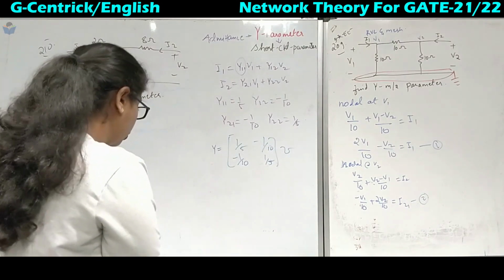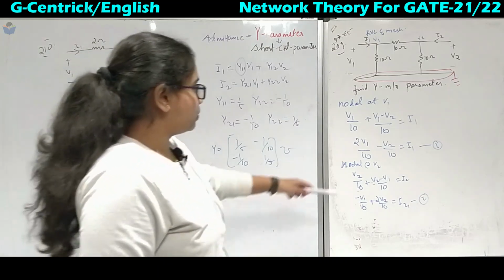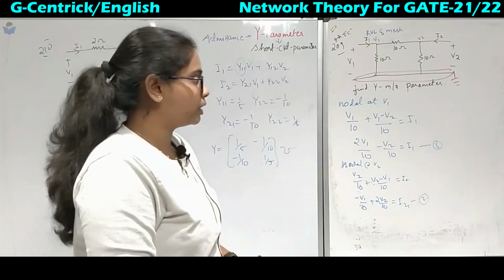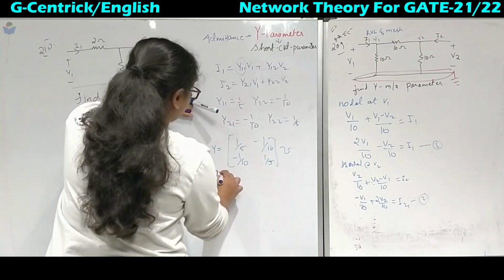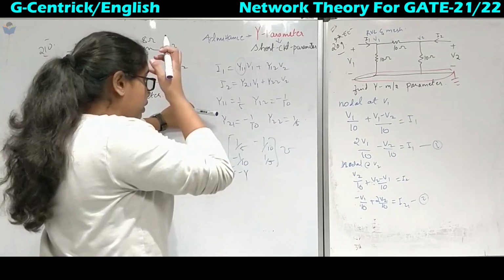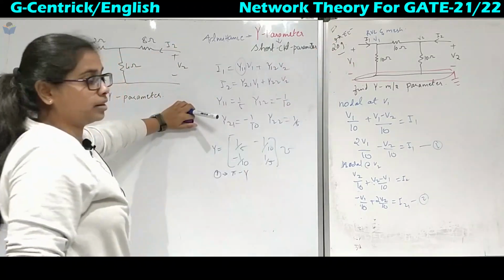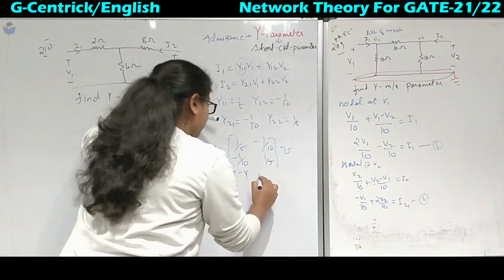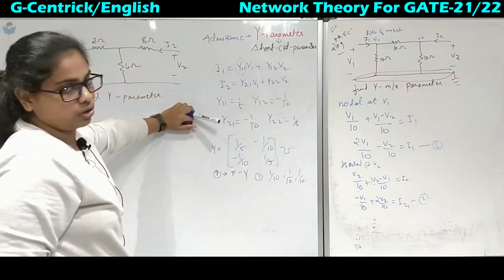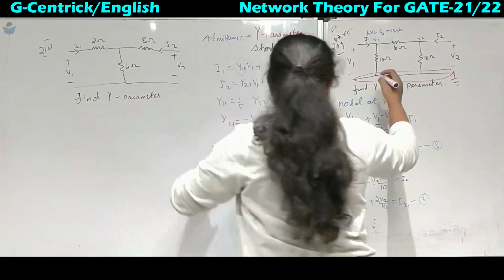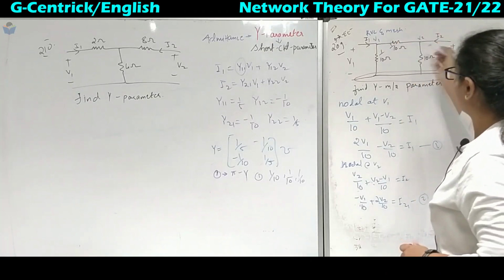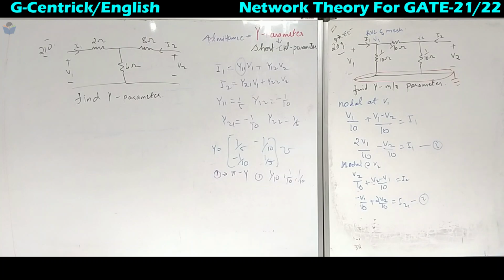So now coming to the shortcut trick for this one. If you observe this network, it is the pi model. This shortcut trick is applicable only for the pi model and only for the admittance matrix. Now all of them are in resistor form. So the first step is to make everything 1 over something. I will take a different marker. So this is 1 over 10, this is also 1 over 10, and here also we have 1 over 10.